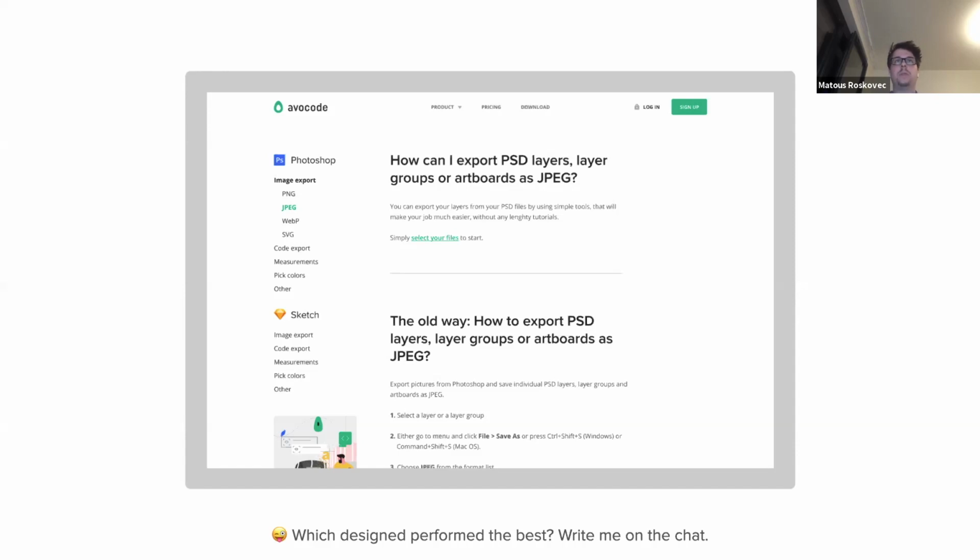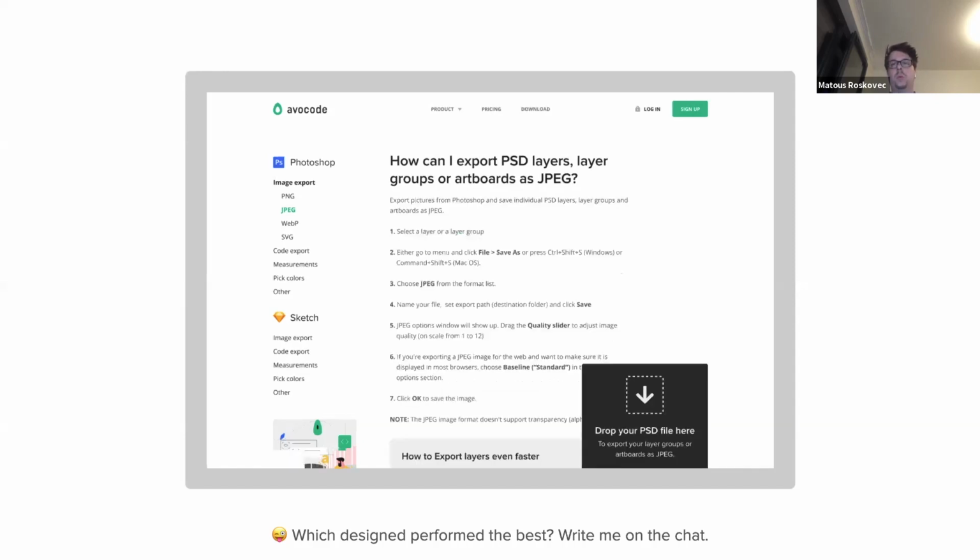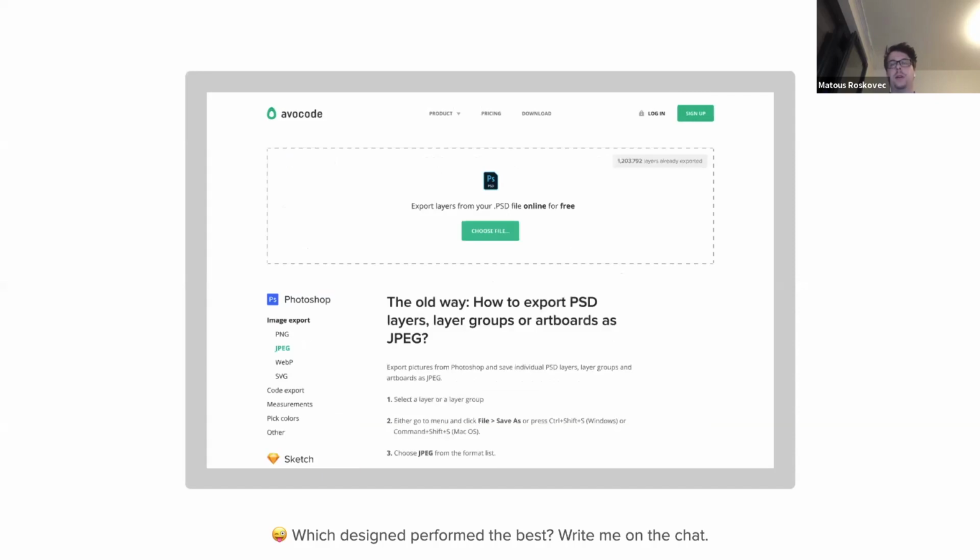On the top, this is the part that's textual. Simply select your files to start. That's version number 1. Then version number 2 is not textual, but it was this kind of pop-up where you could just drag and drop the files. And version number 3 was this large area where you would import your Photoshop file, and then you could get the job done. So before I move on, I want to ask you guys,